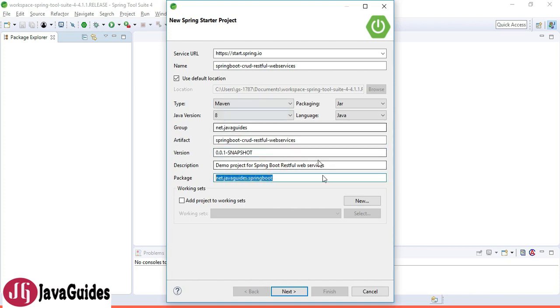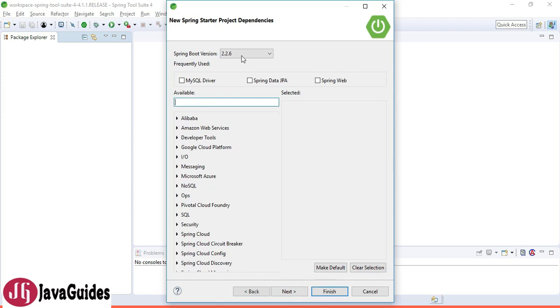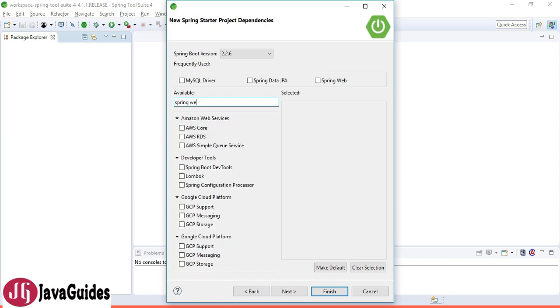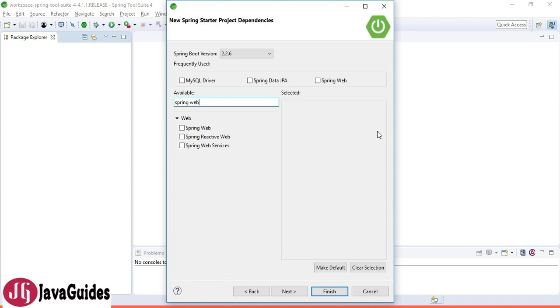Once you are happy with the details, click next and keep the Spring Boot version as it is, because the Spring Boot team recommended this latest release. And here we are going to select the required Spring Boot starter dependencies for our project. We are going to develop Spring Boot REST web services, so let's pick up the Spring Web starter dependency.